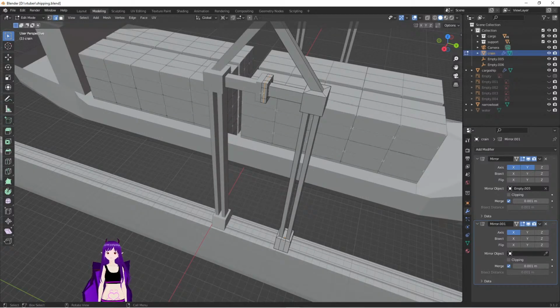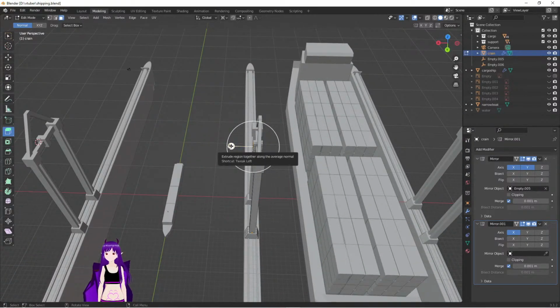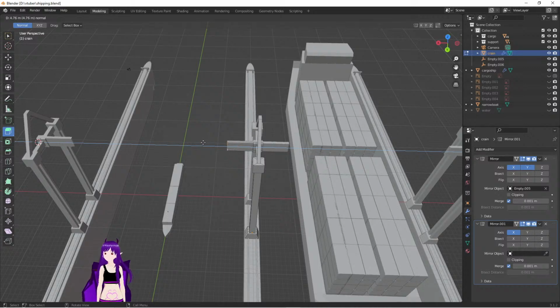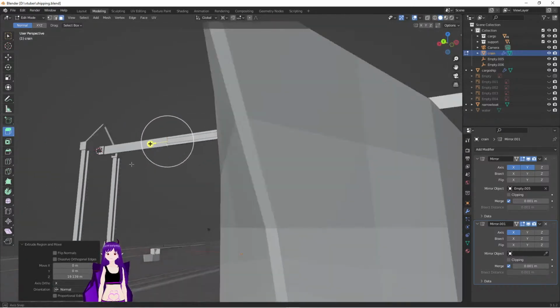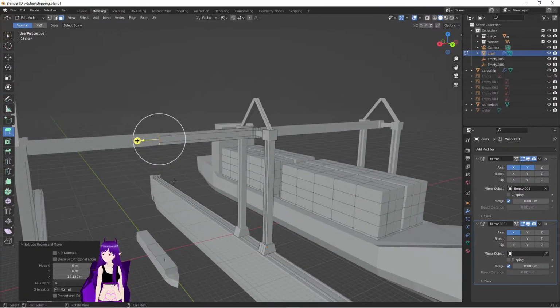And go by selecting these ones here. And going, where is my button for extrude region? Like that. And it will join up nicely. So this will be the beam to allow the